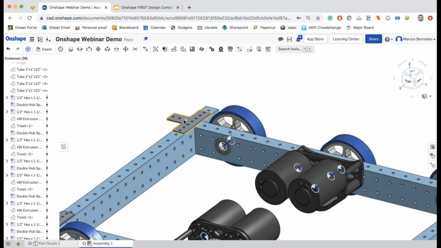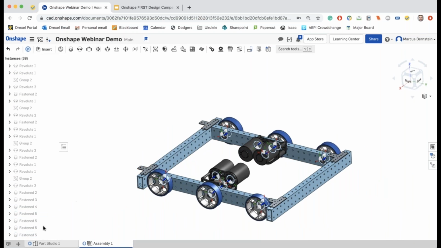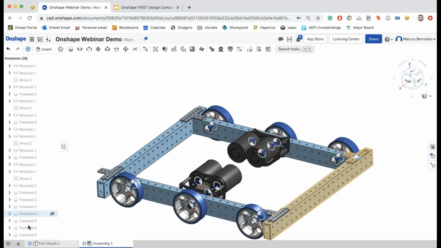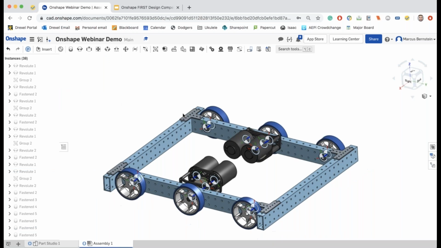As you can see, I did a replicate there. As I mentioned at the beginning, the replicate makes these totally separate instances and totally separate mates. So I'm going to go in, and obviously that's not in the right orientation. I'm going to rotate it, and it only rotates that one. It's not going to go back and rotate the other ones. Do the same for this one over here, and then I'm going to wrap up this model and demo and go back to my